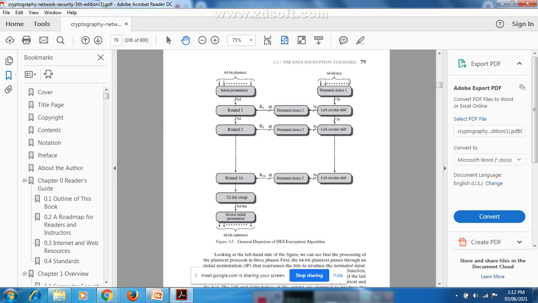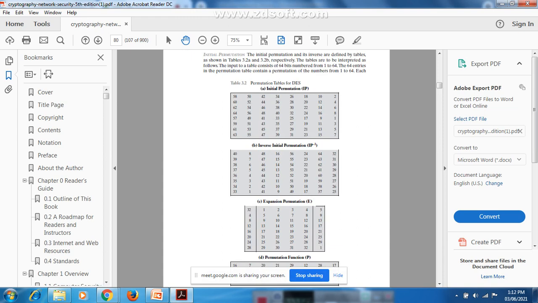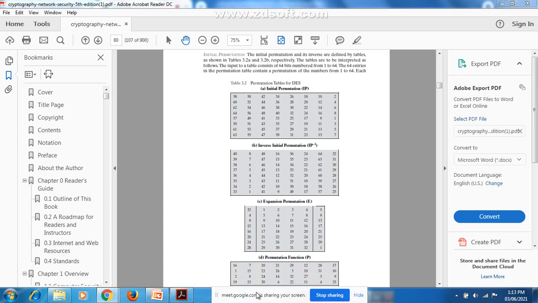Yes, see here. Initial permutation, as I already told, all the 1 to 64 bits are rearranged. You can see here, it is not written in a sequential manner. This is the initial permutation. Like that you have an inverse initial permutation table also. There also again the rearrangement of all the 1 to 64 bits is there. Clear? Already you know permutation means just rearrangement of the bits. The sequence you are going to change. They are not going to follow the same sequence.